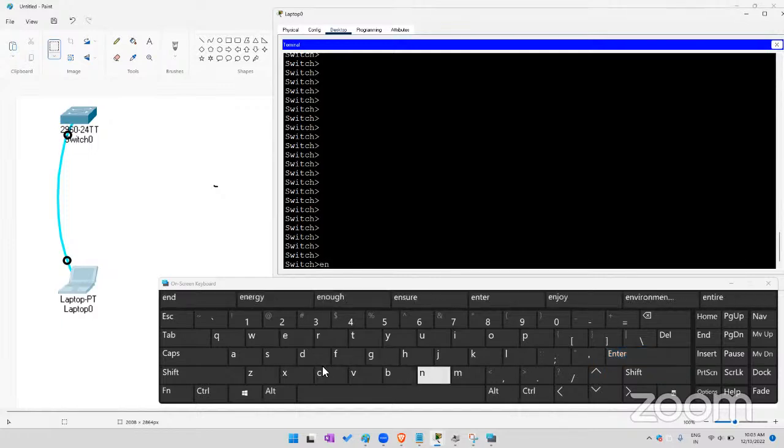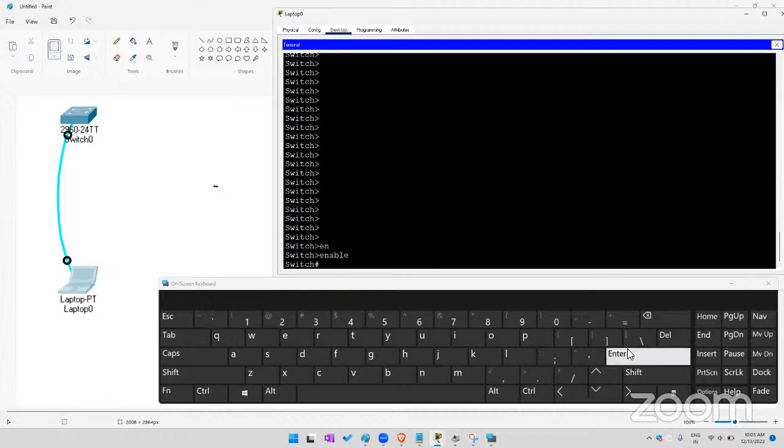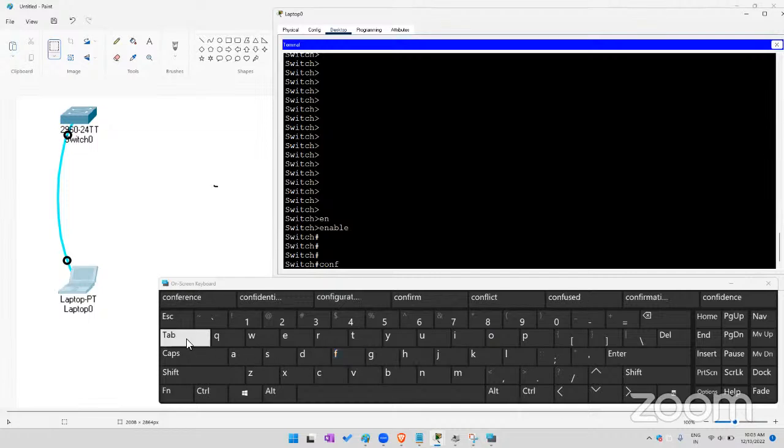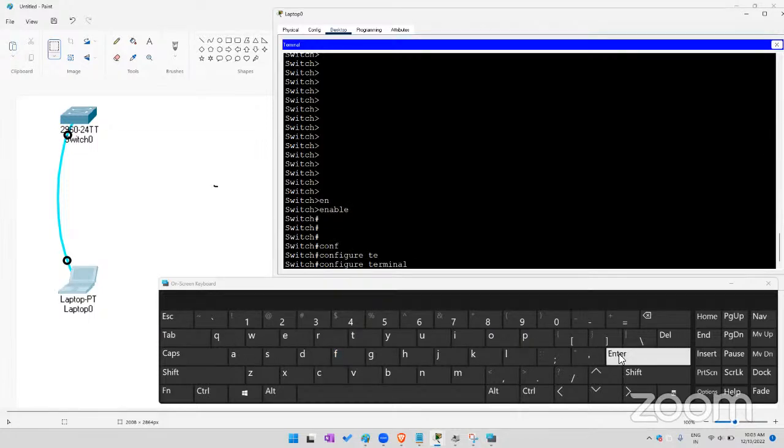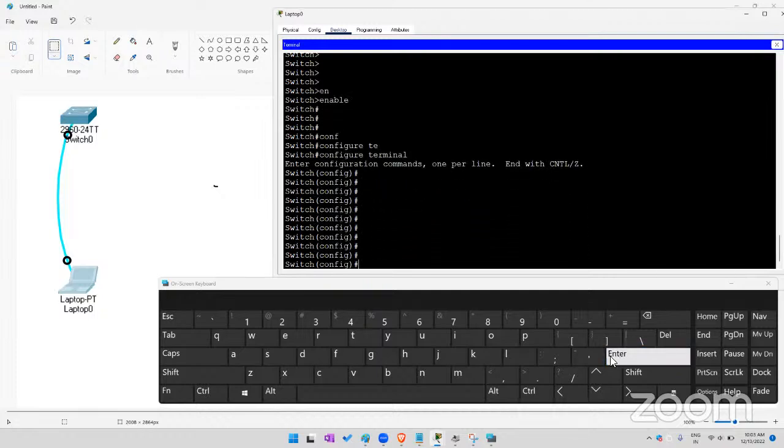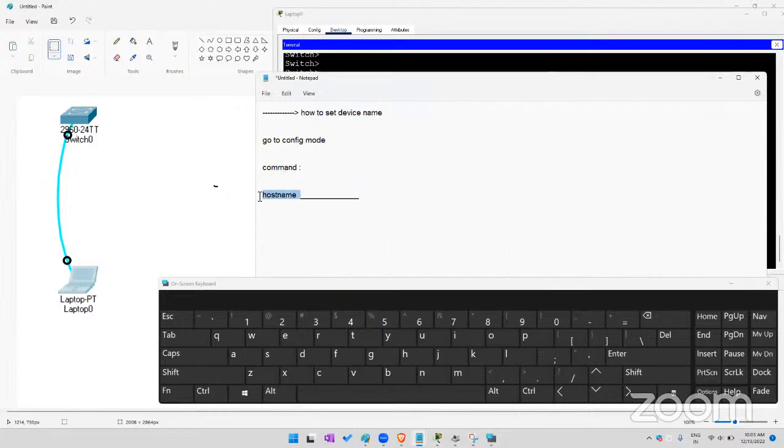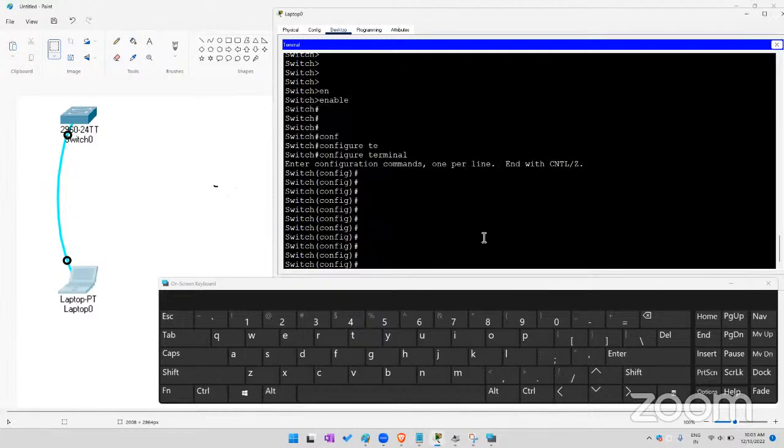Now enter enable, because I just want to enter config mode. So first privilege mode and then configure terminal. Then we jump to global configuration mode. In global configuration mode, which command do we need to enter? Hostname, for the device name. So we write down